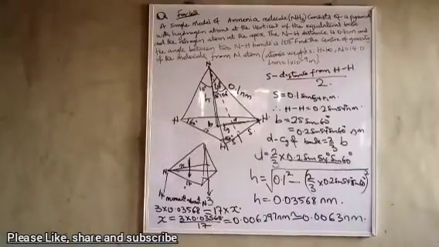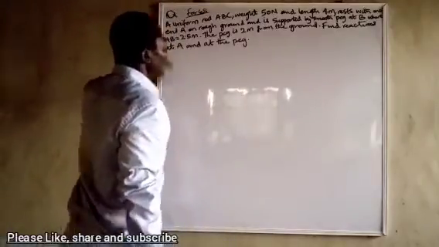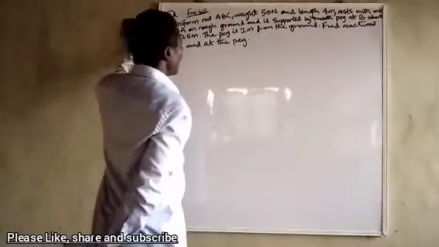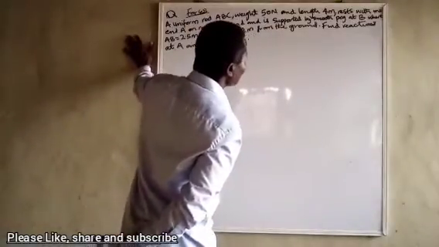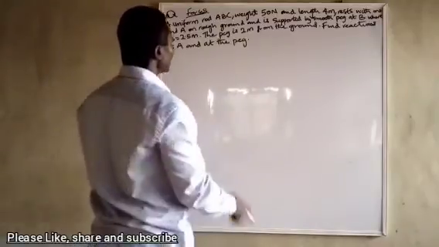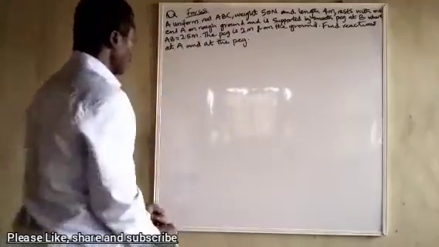A uniform rod ABC weighs 50 Newton and length 4 meter rests with one end A on rough ground and is supported by a smooth peg at B, where AB equals 2.5 meter. The peg is 2 meters from the ground. Find reactions at A and at the peg. So we have something like this: